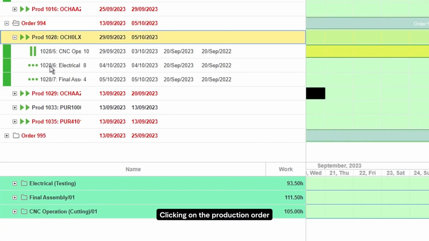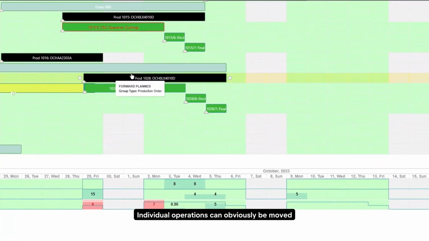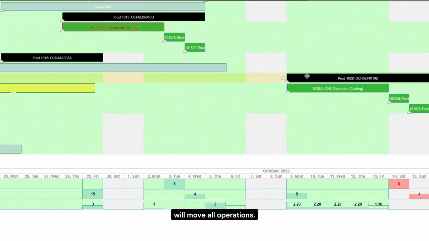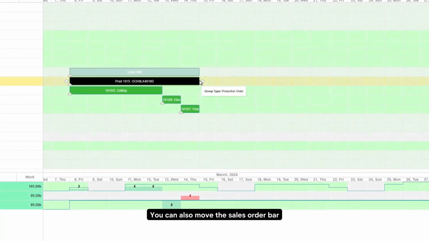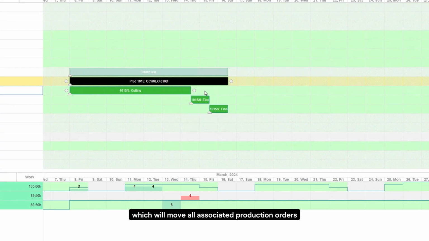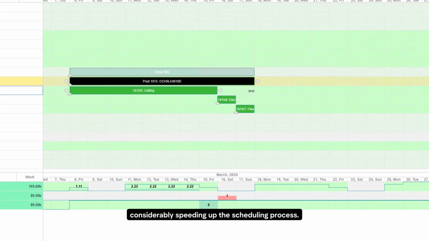Clicking on the production order will filter the bottom of the board to be just the resources required for that production order. Individual operations can obviously be moved, but by dragging, the production order will move all operations. You can also move the sales order bar, which will move all associated production orders and operations, considerably speeding up